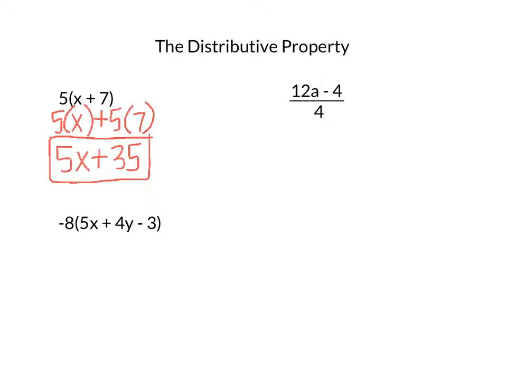The one right below it, now in our gift bag we have 5 x's, 4 y's, and -3 whatever. And there are -8 groups of this. Now that doesn't make as much sense. Hopefully the first one made enough sense where we know what to do. So the work we're going to show, we're going to start off with -8